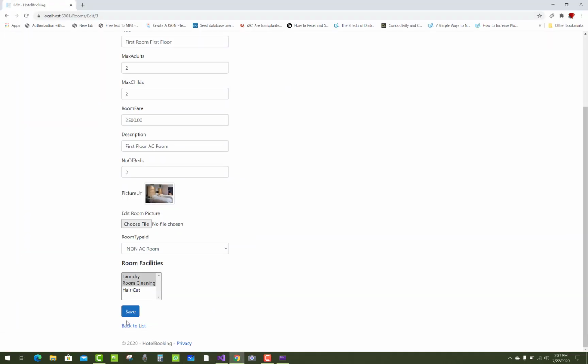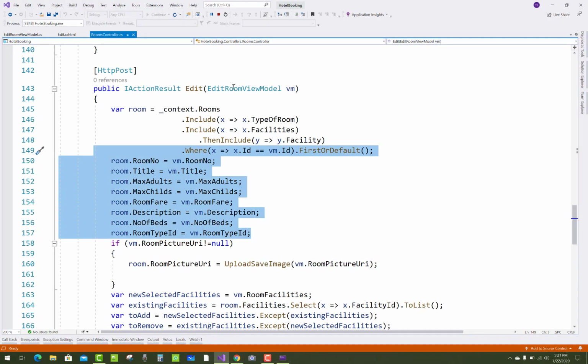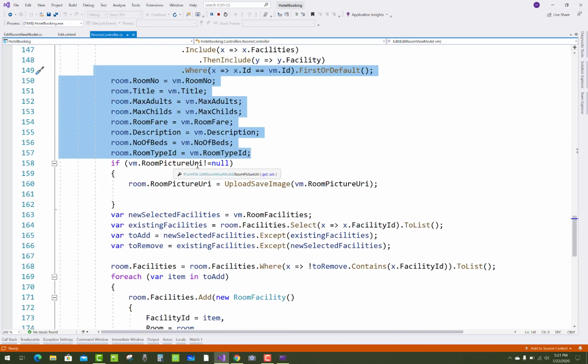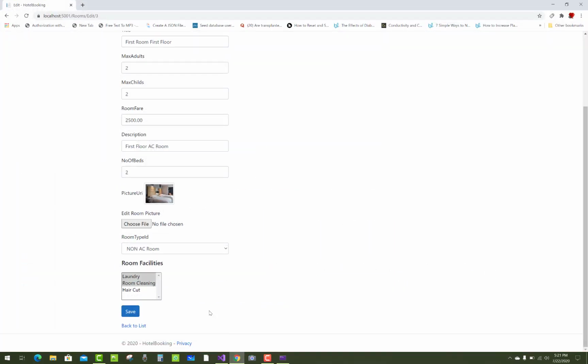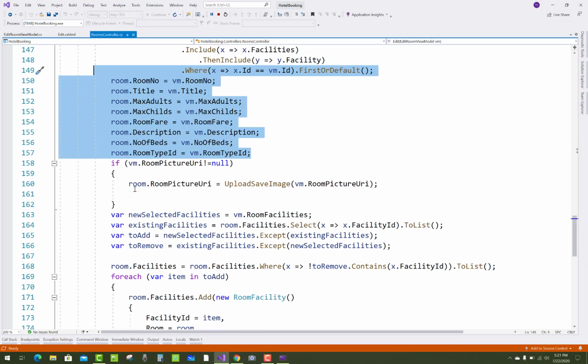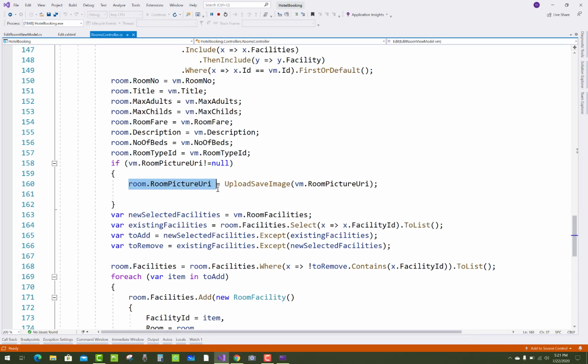When we click on the save button, all this data is saved into the EditRoomViewModel. So just pass it to the model, and if vm.RoomPictureUri is not null, I mean to say that if it is not null, then the room picture URI is changed.